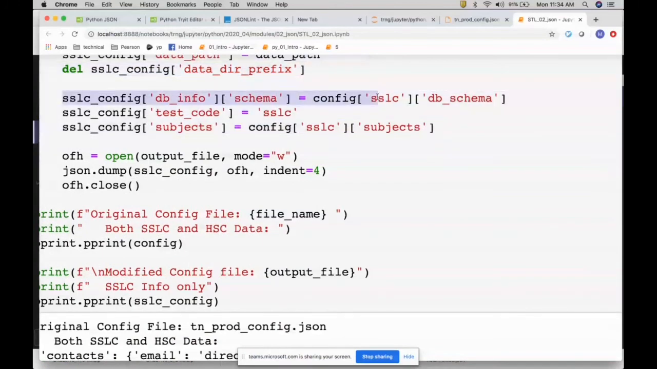Similarly, we will take the database schema and put it at top level. I'm also adding my test code, which is SSLC, and then the subjects we are again adding. Once we have the new configuration data structure created, I open a file and do a dump of the config data structure, with the first parameter the file handle, and the second parameter